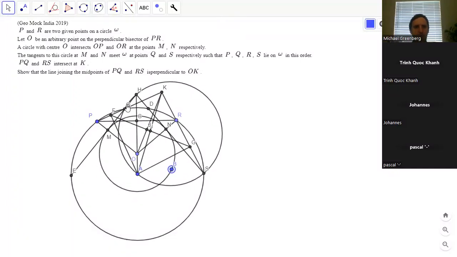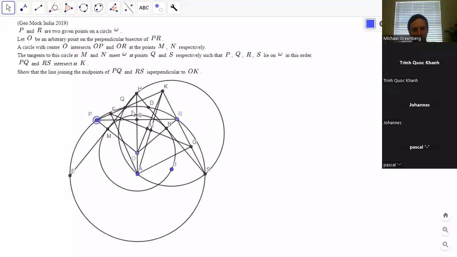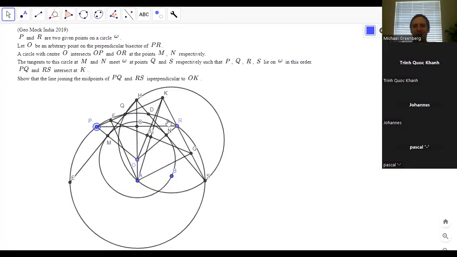How did you see that? Let's think. This is an angle bisector. Oh yeah, because HA bisects QHS, so that has to be true. It's easy to see because HA is an angle bisector of QHS. So if that's cyclic, then